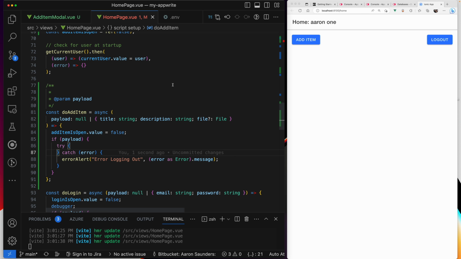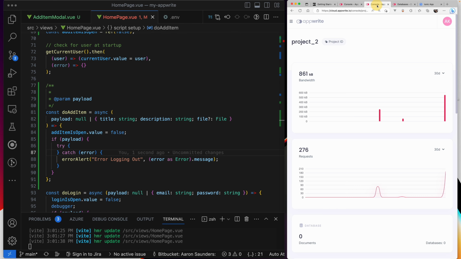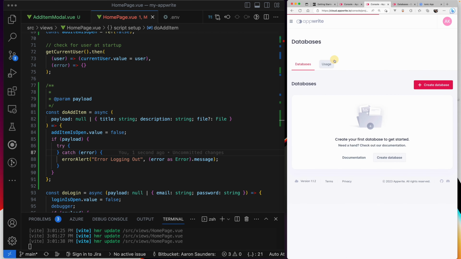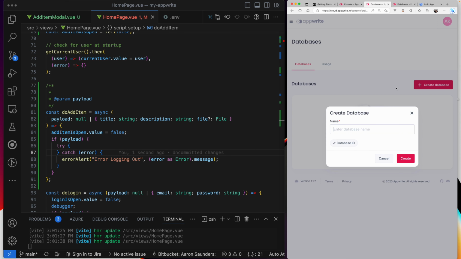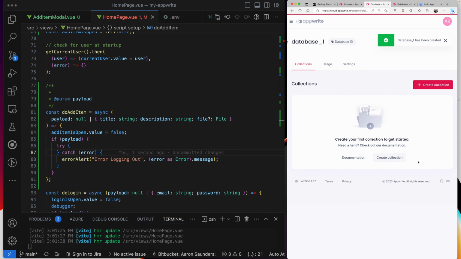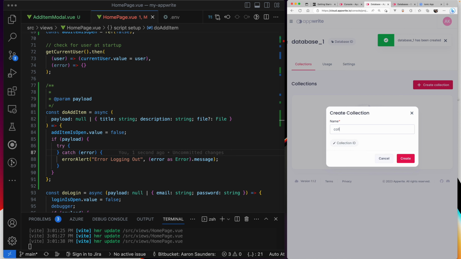Now let's create the composable that is going to interface with Appwrite. But first, we need to set some things up in Appwrite. So let's go to our console. We are using Project 2, and in Project 2, we need to create a database. We'll keep it simple. We will call it Database 1. We'll create that database. We'll create our collection. Once again, keep it simple. Collection 1,